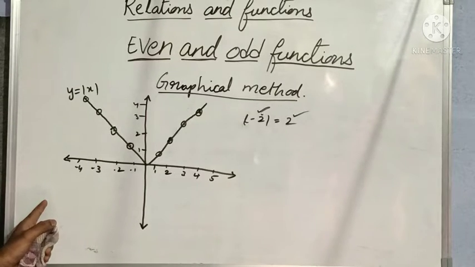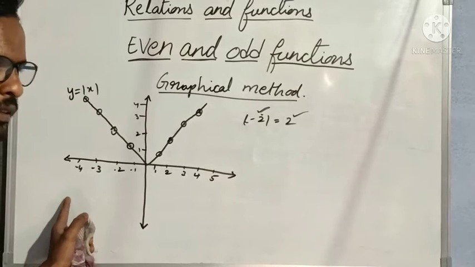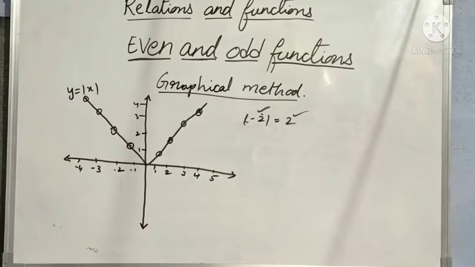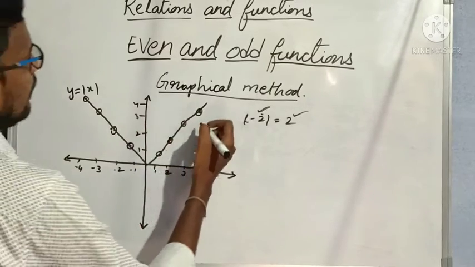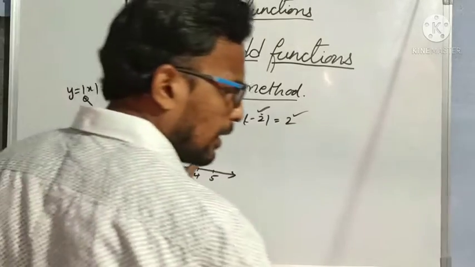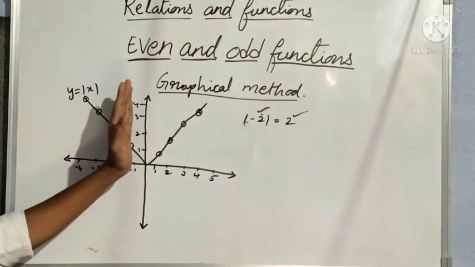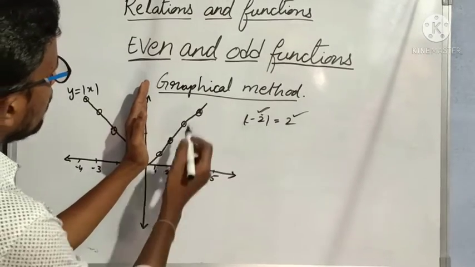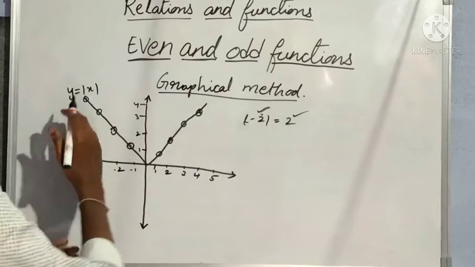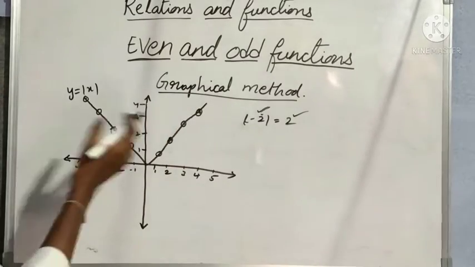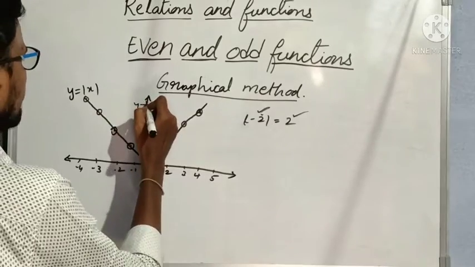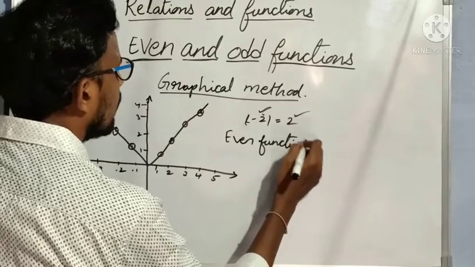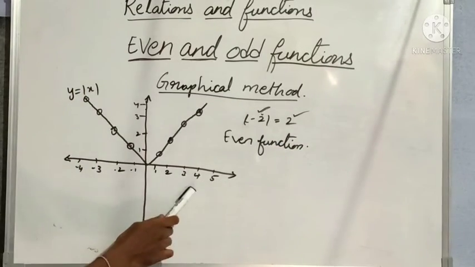At least now everybody understood how to draw the graph of y is equal to mod x. Yes, this is how we need to draw the graph of y is equal to mod x. Clear? So this graph is also an even function. Now only I said no, it should form a mirror image about y axis. See here, for suppose a mirror is placed in between like this. If you see from this side, this will be the mirror image. If you see from this side, this will be the mirror image. So if it is symmetrical about y-axis, then such a function is called what type of function? Even function. Understood everybody? So this is about even function.